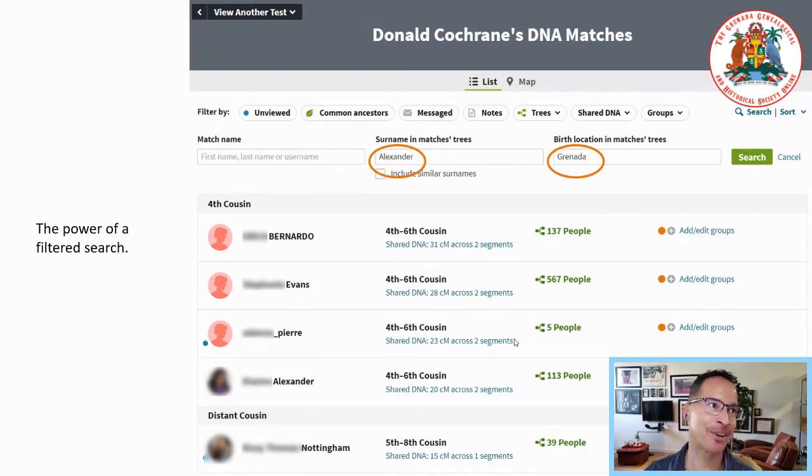And this is another benefit of fishing in the big pond, because you have many more people who are on the system, who have built trees. And so when you do a specific search like this, you're not going to come up with 0 people. You'll come up with a few for a lot of your searches, and you can kind of help connect the dots.